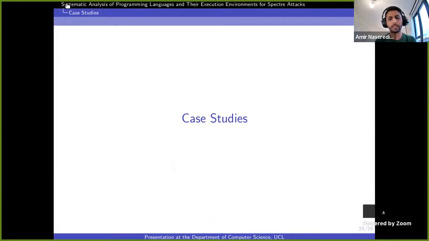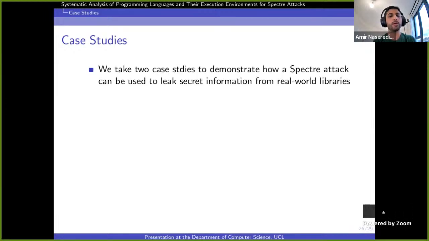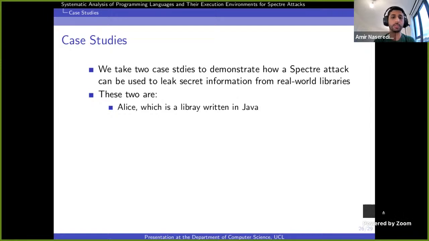Now let's take a quick look at the case studies for the analysis that we did. We took two different case studies to see how they leak the information, or if they leak the information. The first one is Alice, which is a crypto library operating AES encryption, and it's written in Java.